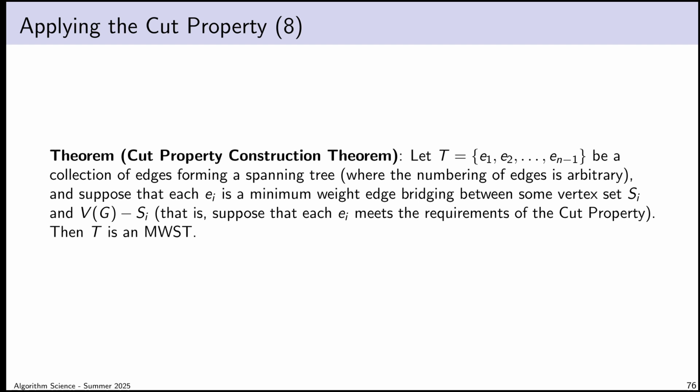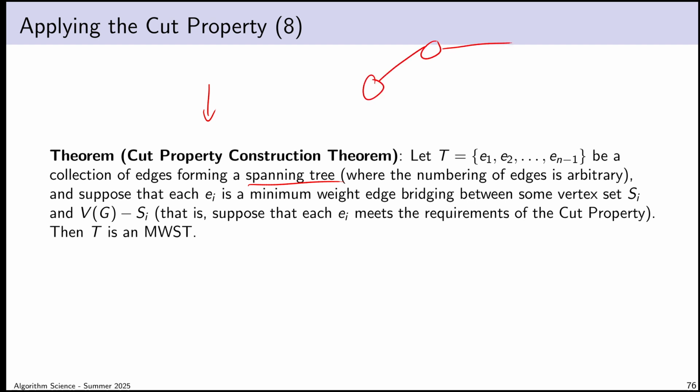So I've designed this cut property construction theorem to basically tell us that if we create an algorithm that finds a minimum weight spanning tree by just going through the edges of the graph in some order, so some clever way of looking at the edges of the graph and deciding whether the cut property applies to them, if I find such a collection of edges and that collection of edges forms a spanning tree, in other words, if I